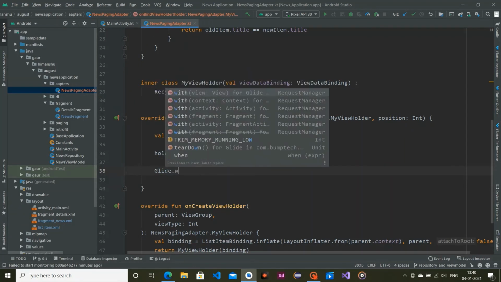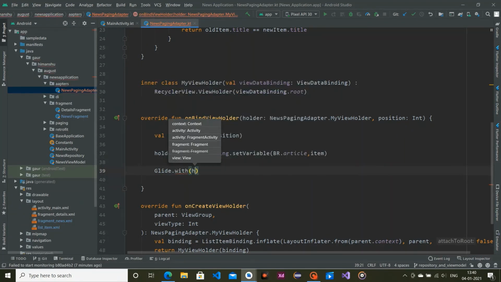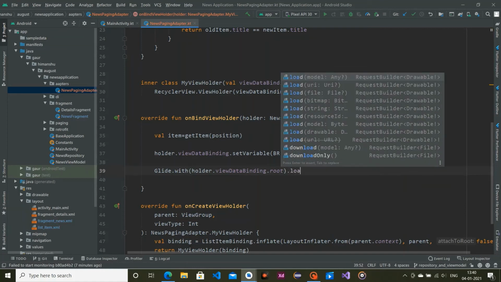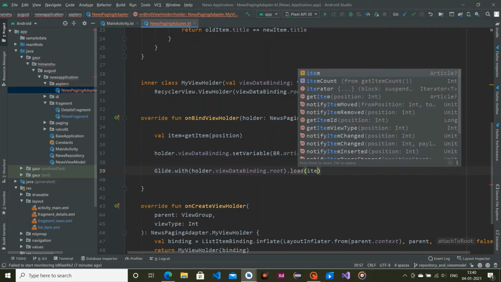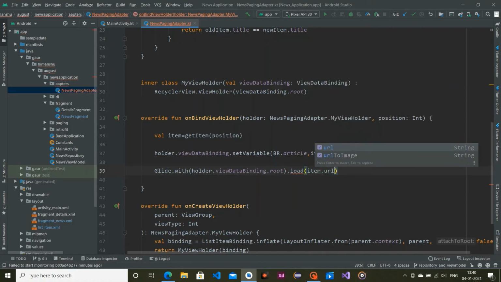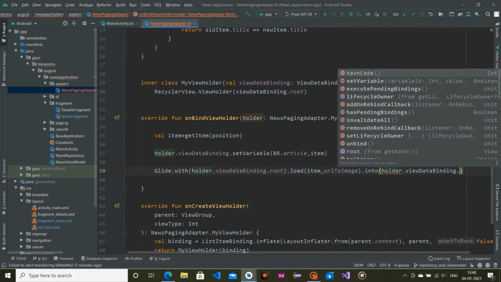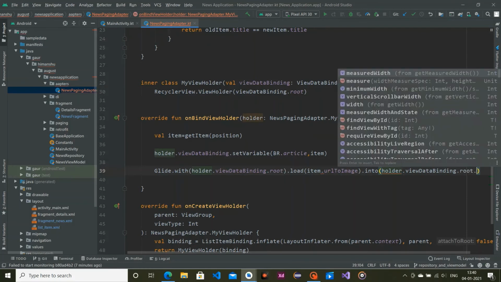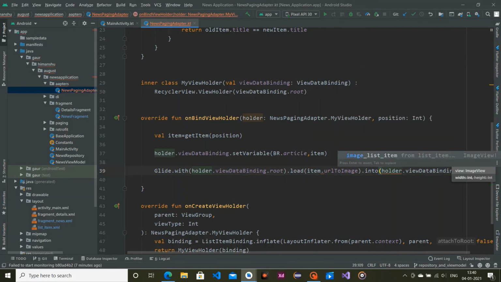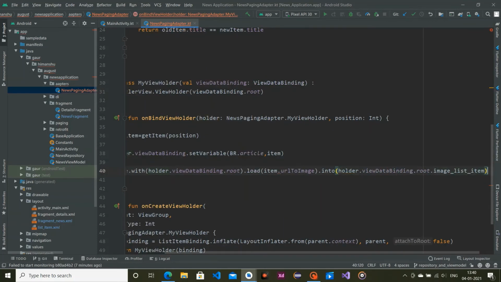So glide with, and here we are going to pass holder dot view data binding dot root. So this is basically a root view, and load the URL, and in our case URL is URL to image, and target is our holder dot view data binding dot root dot, and something called image list item.